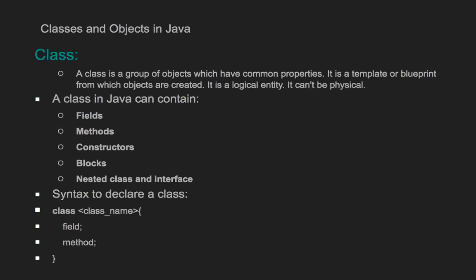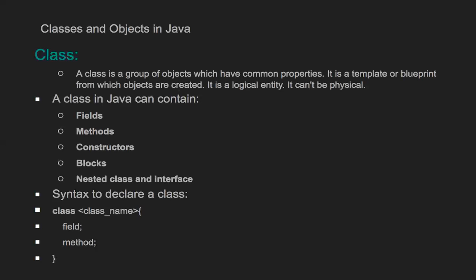We'll discuss nested classes and interfaces in further slides. It's very similar to other object-oriented languages. The syntax of declaring a class is: declare class, class name, fields, methods. So let's assume